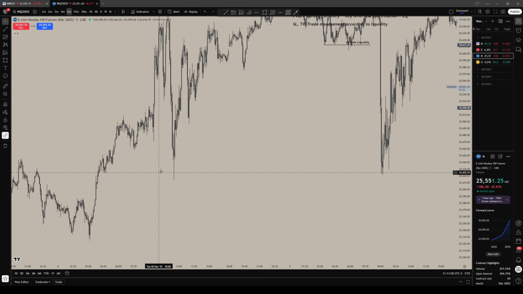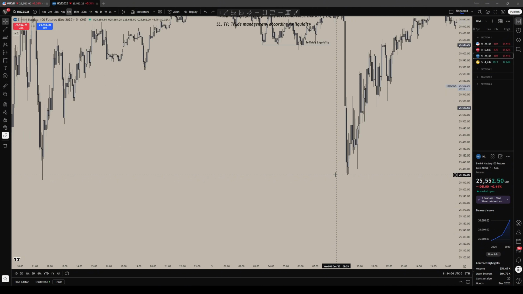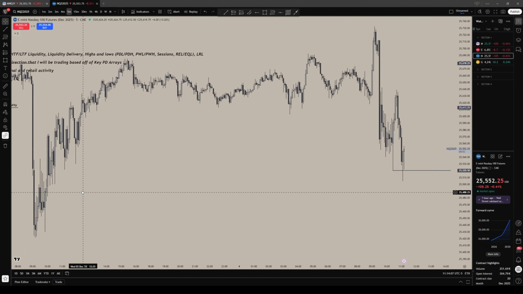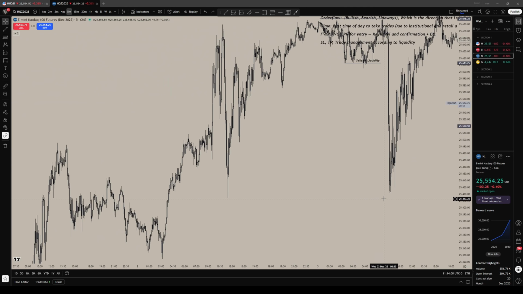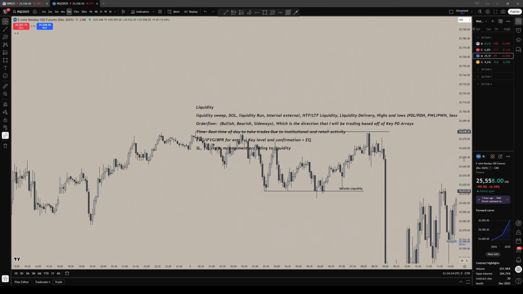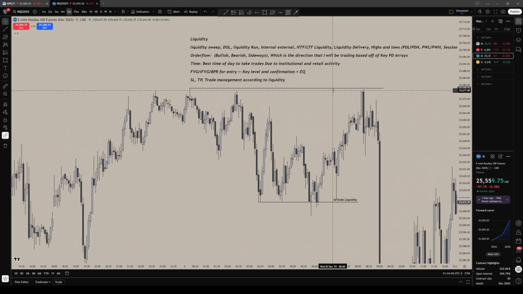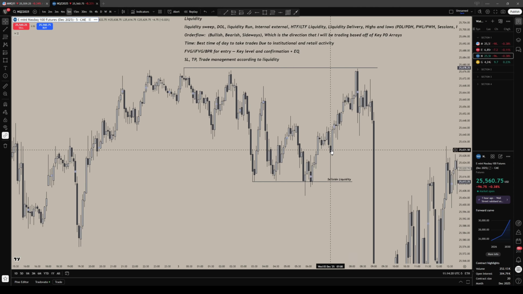Now it didn't hit this wick, but it took all of this before, and it did not have the power to go down here. It created these relative equal lows, which will now be a stronger draw on liquidity. But basically, now I use this as my draw, and price went up here. Why? Because after taking out sell stops, and I'll show you how to enter and understand why, for confirmation, price